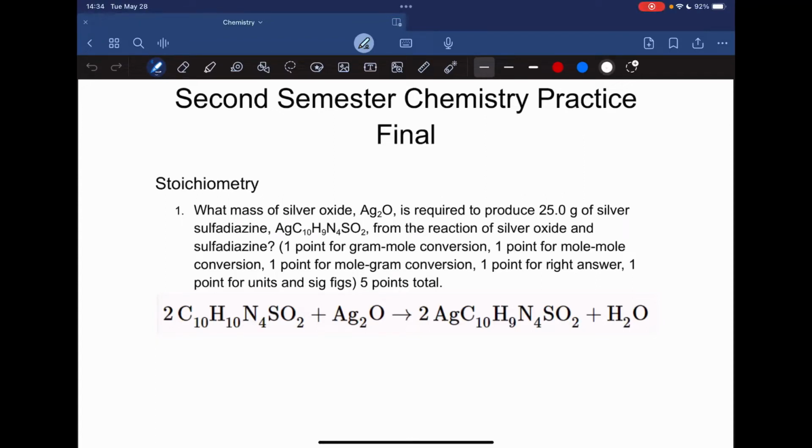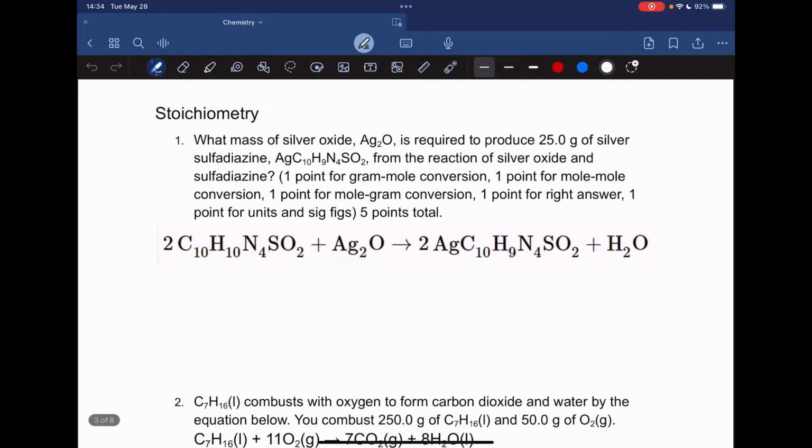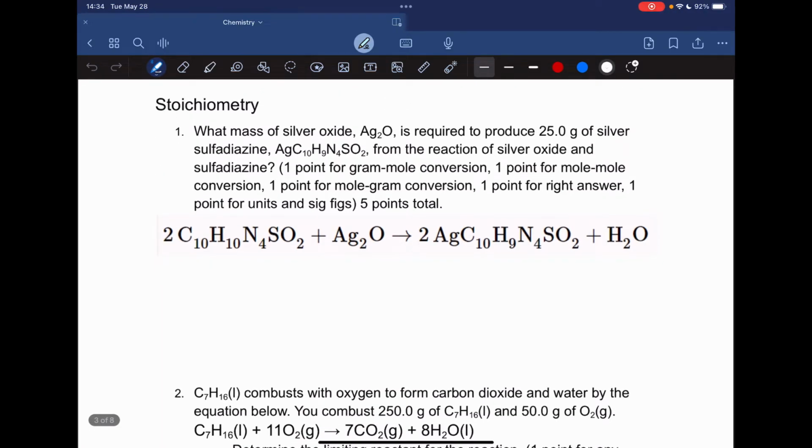Okay, I'm going to be going over the second semester chemistry practice final. The first problem is a stoichiometry problem. What mass of silver oxide